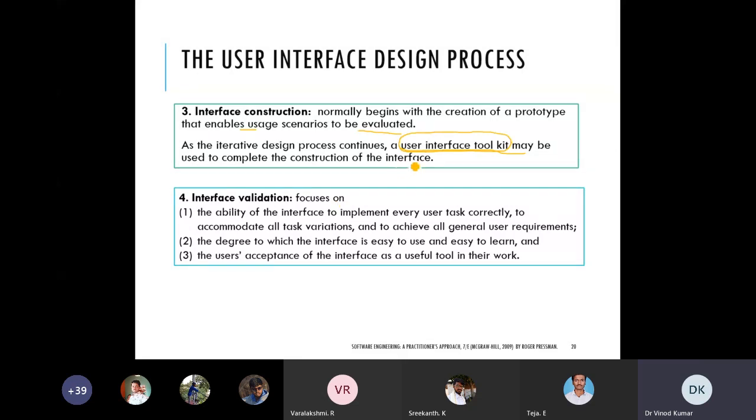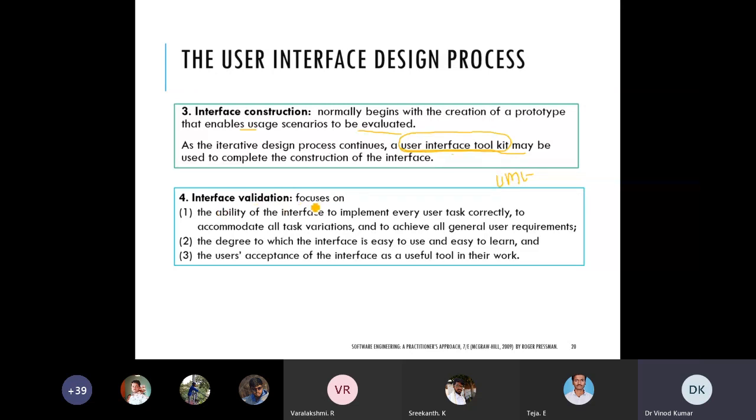If you are not using any software toolkit, it will be very difficult for you. Like UML, StarUML software is there now, and we can very easily create the state chart, class collaboration diagram, use case diagram, DFD, different types of diagrams. So this type of toolkit we can use.